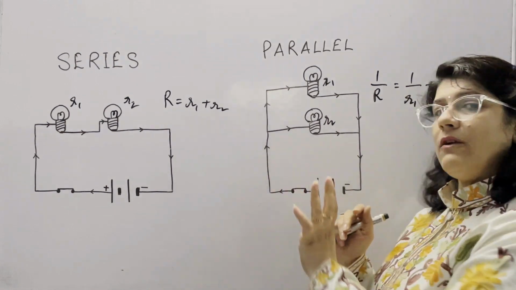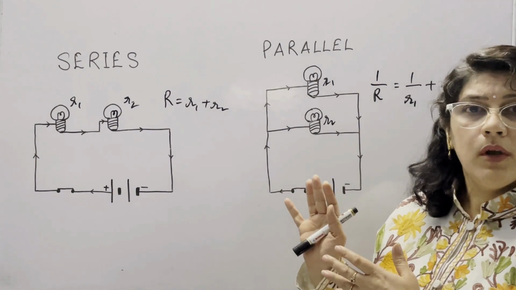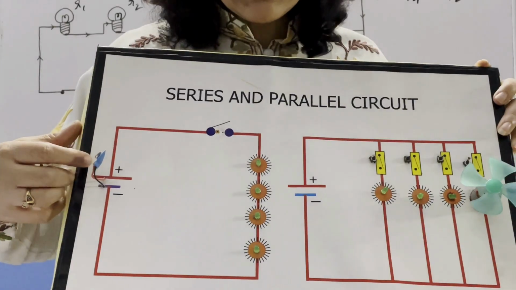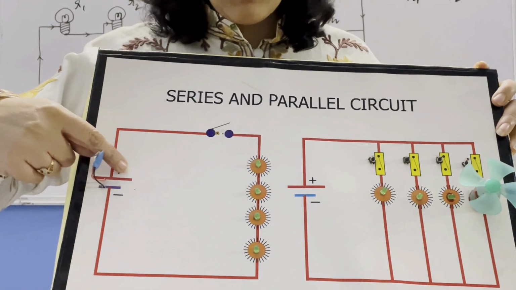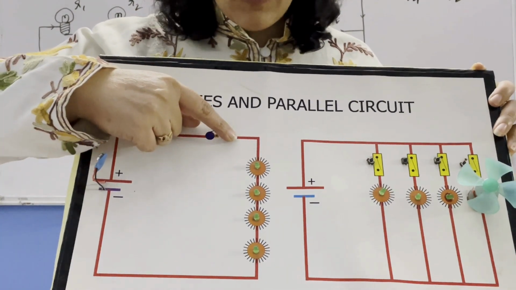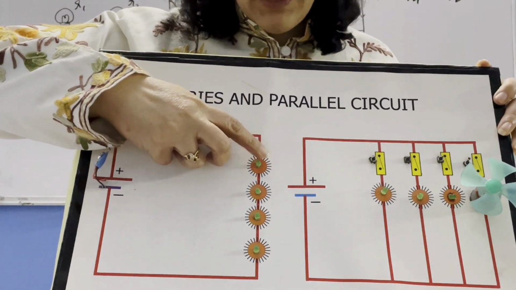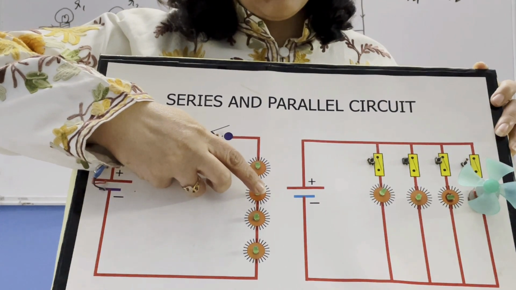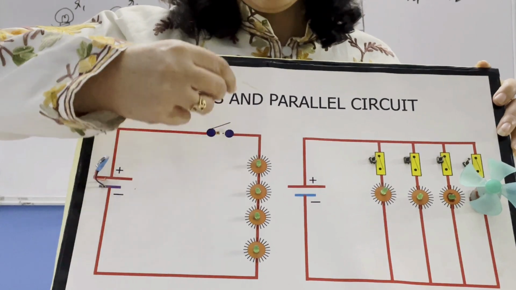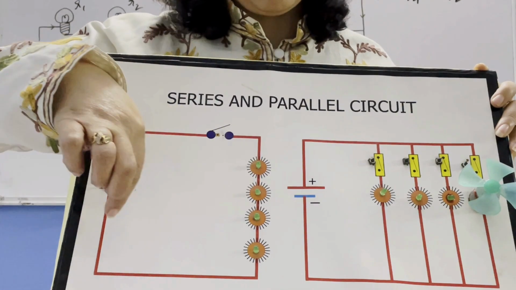Suppose instead of conducting wire, we have used a cotton thread. So, the circuit will not function or the bulb will not glow because insulating material will not allow electric current to pass through it. In series combination, you can see this is the position of the battery. The current will flow in one direction. If the circuit is closed or the key is closed, then current will flow first to the positive of the first LED, then the negative of this is connected to the positive of another, then the negative of this is connected to the positive of another. So the negative terminal of one bulb or LED is connected to the positive of the other. So this is an example of a series circuit.